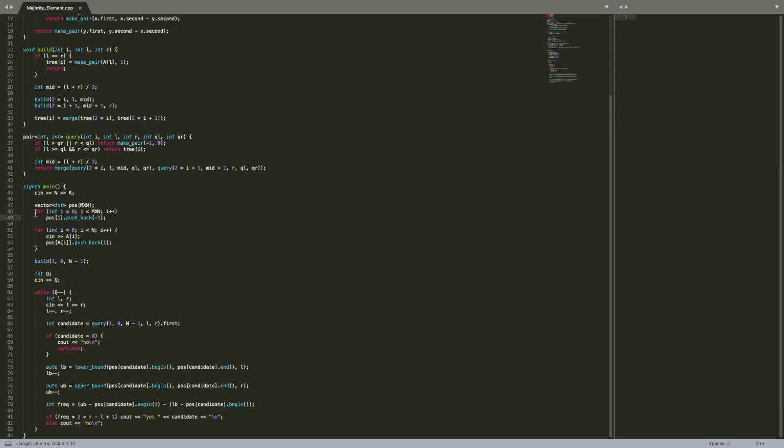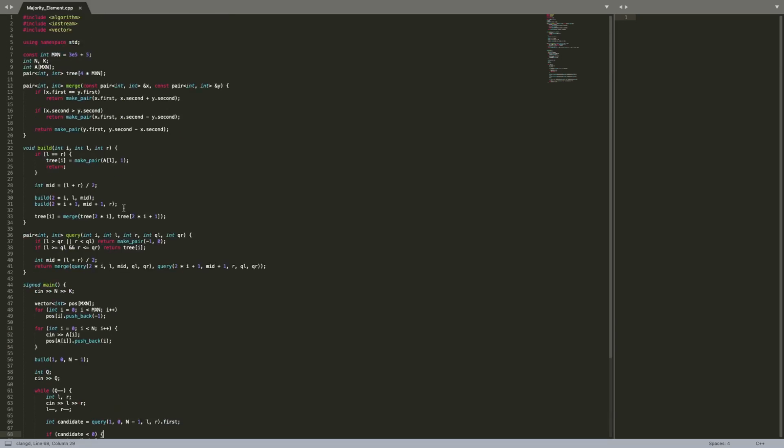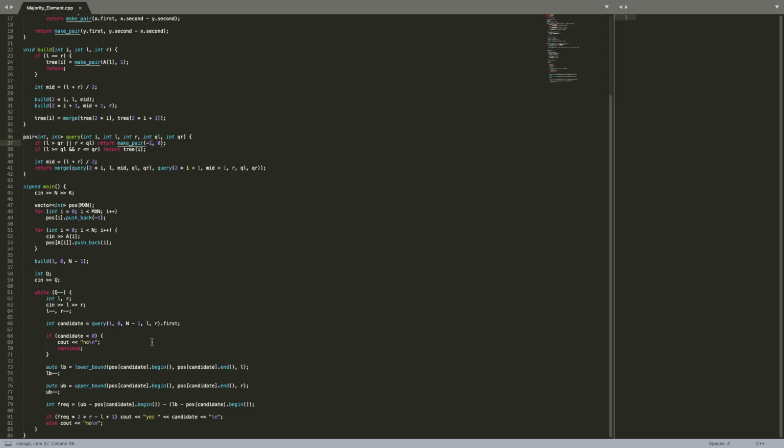So this is how we actually find out the count of elements in a range. So initially I make an array of vectors and I push -1 into them because I'm using zero-based indexing. And after I take input for each element, I store its indices. I build the segment tree, I take in my query. Then this is the candidate for this query. If my candidate is less than 0, so in my query function, I return -1 if we don't have something, if it's out of bounds, then we already know that this segment doesn't have a majority.